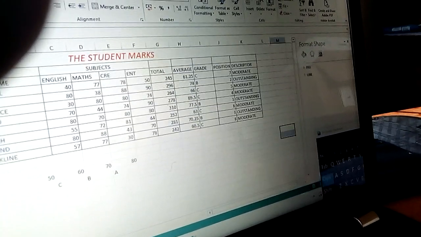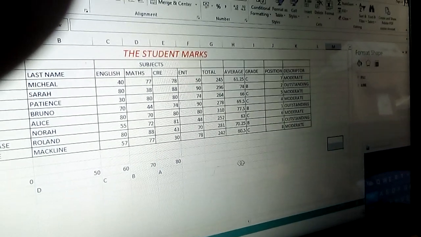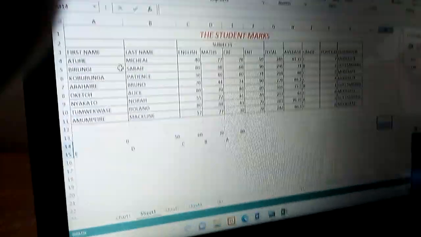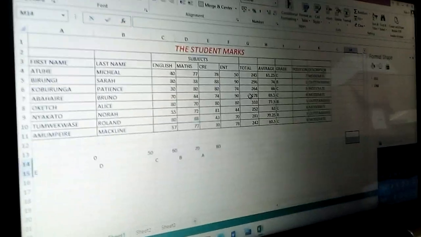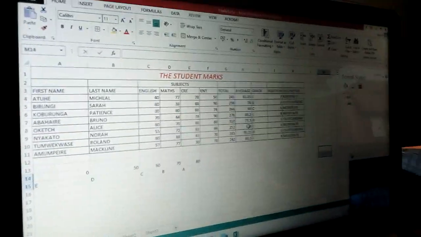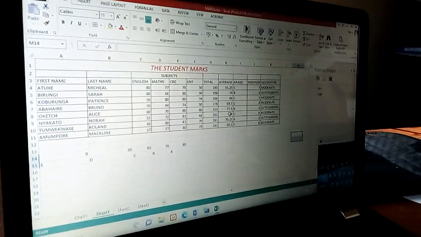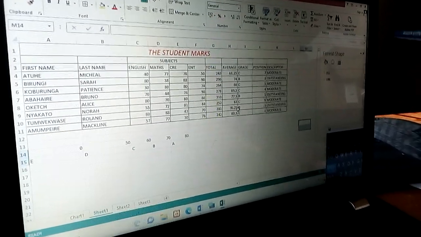Okay. So this is the work we have gathered to correct. So learners, practice this, and you do your own when you are called upon. I thank you so much.